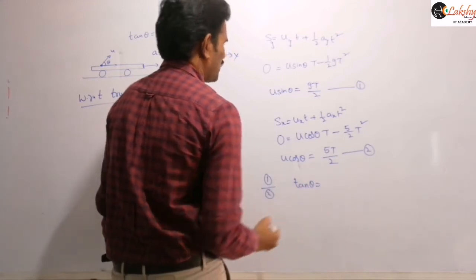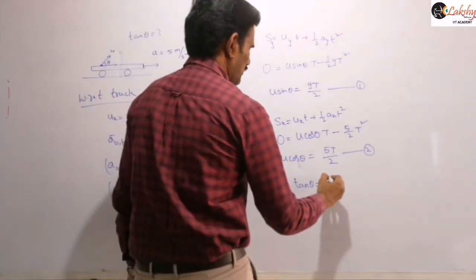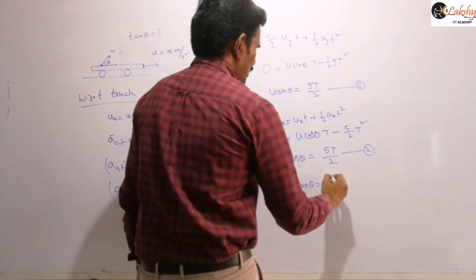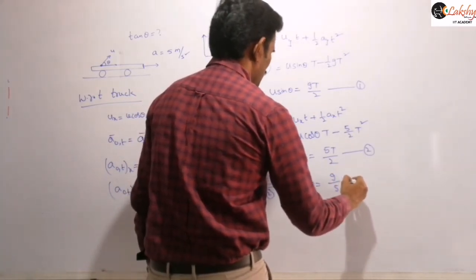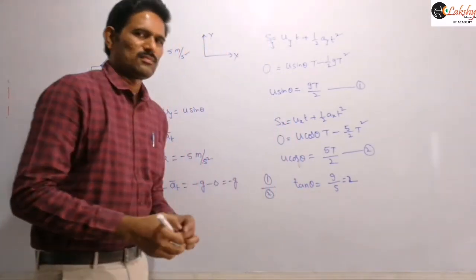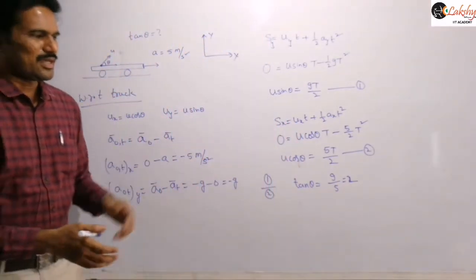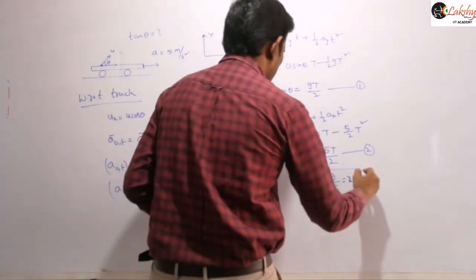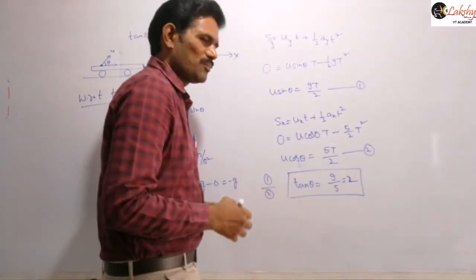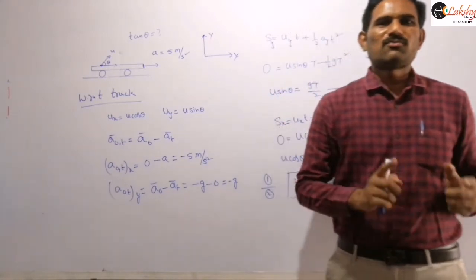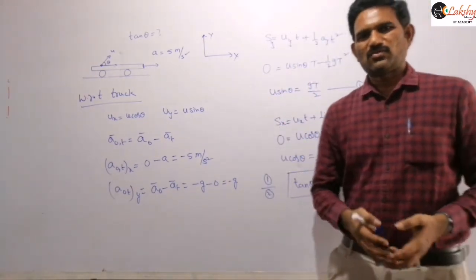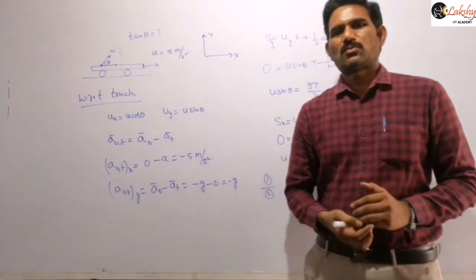Therefore tan theta is equal to g by 5, which is nothing but 2. So the tan theta value is 2, right? So that is the required data here. That is the case when the acceleration is there. So remember that whenever acceleration is there in a problem, solve the problem with respect to the platform or with respect to the lift, if the lift is accelerating, so that you can solve the problem easily, right?